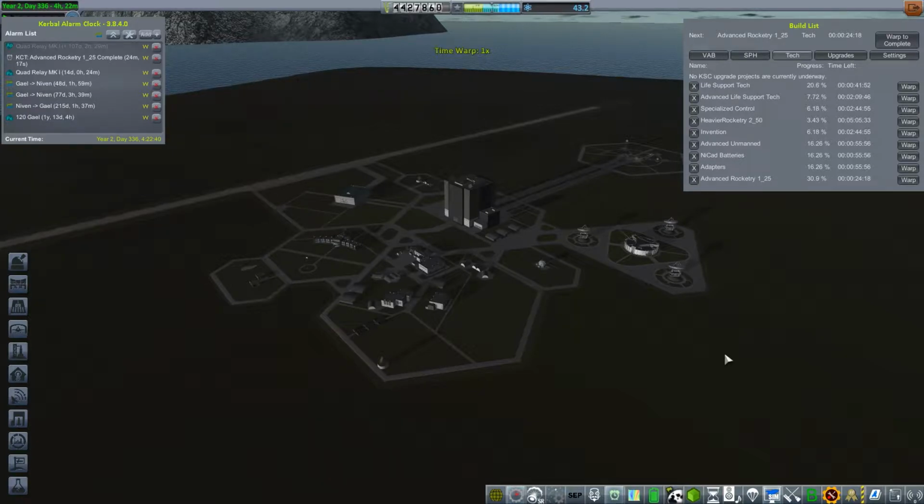Today we're going to be sending a few craft to Niven. And since the duration to get there is more than 126 days, we'll also be doing some other things on the side. Alright, with all the funds that I got from landing on SETI and setting up those experiments,